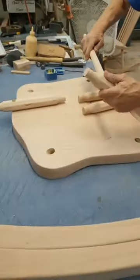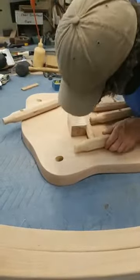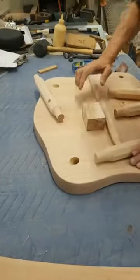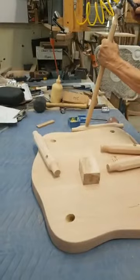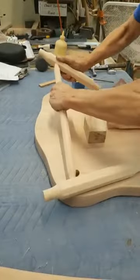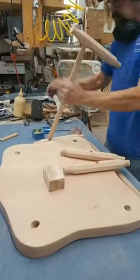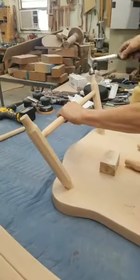Alright, now we'll put the rungs into the rocking chair, or into the legs. Oh, I think he's checking to make sure the angle of the rung, the flat section of the rung, is correct. Didn't know that. He's using a mallet because we don't want to put any marks on the outside of the rung. So it's okay to use a hammer for the end of the rung that's going into the...